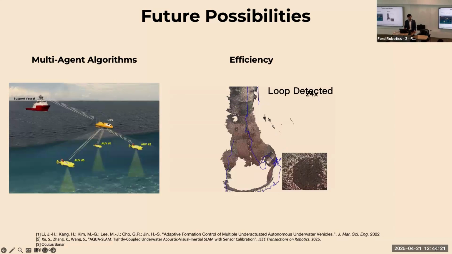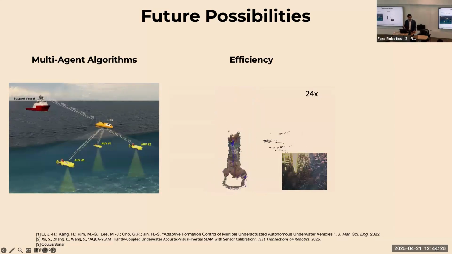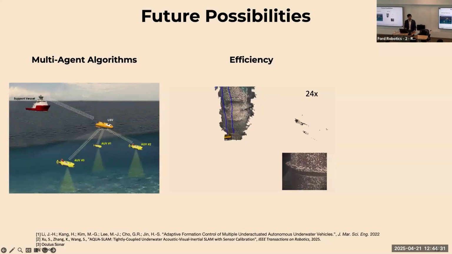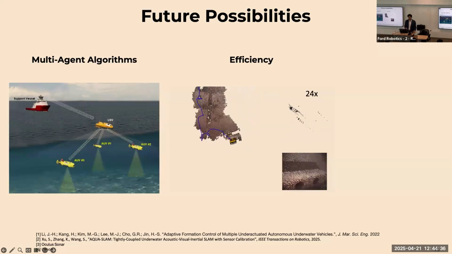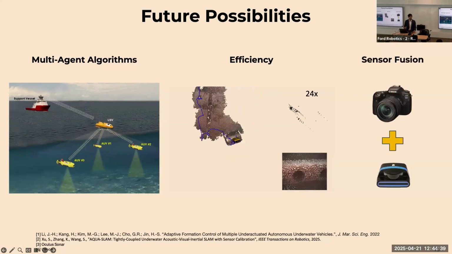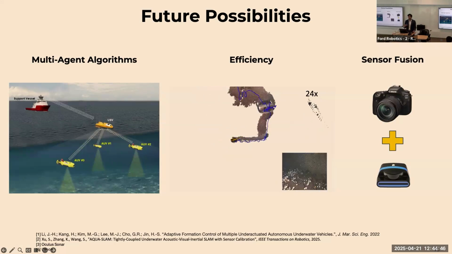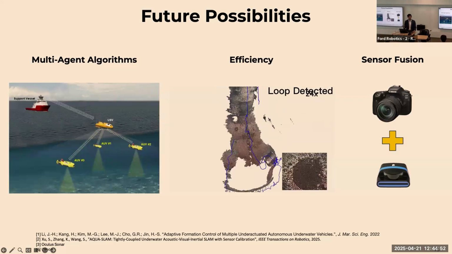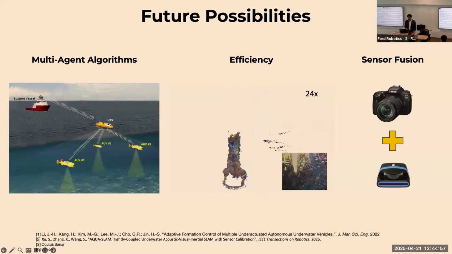Secondly, we can think about efficiency. With the introduction of GPUs and embedded computers, we have access to a lot more edge compute than we did before. So efficiency measures that allow for real-time mapping and reconstruction are useful for robots to make decisions by themselves with minimum human involvement. Finally, an interesting avenue is sensor fusion, where we might be able to get the best of both worlds by fusing camera data and sonar data to produce higher quality reconstructions that are also robust to environmental conditions. I hope to see some more exciting work coming out of the Frog Lab and the community in the future, knowing that we're already exploring some of these avenues currently.